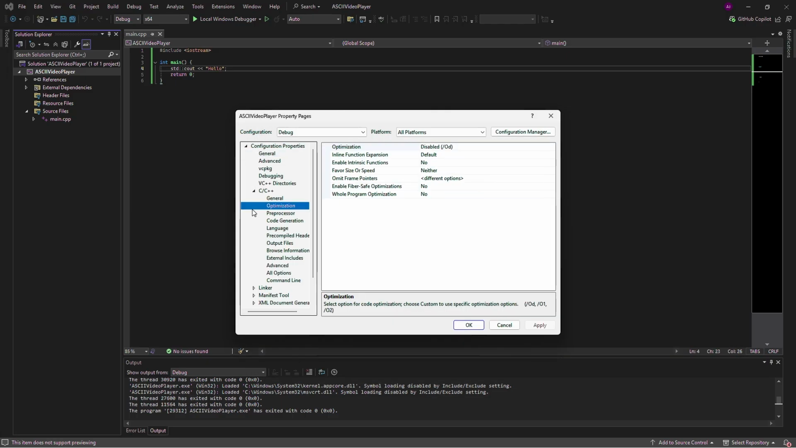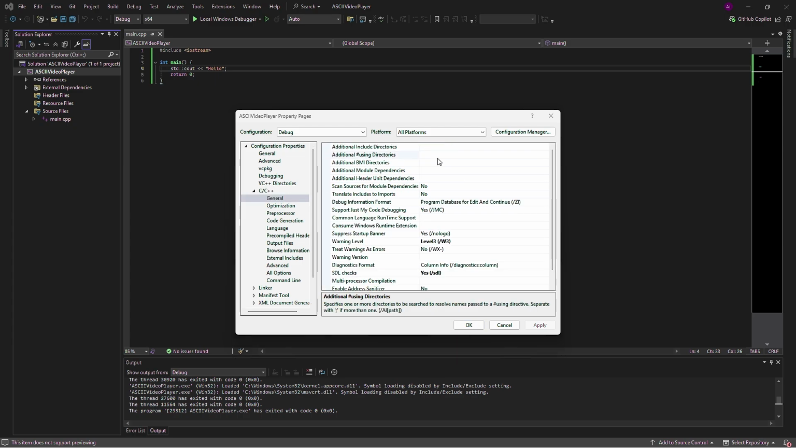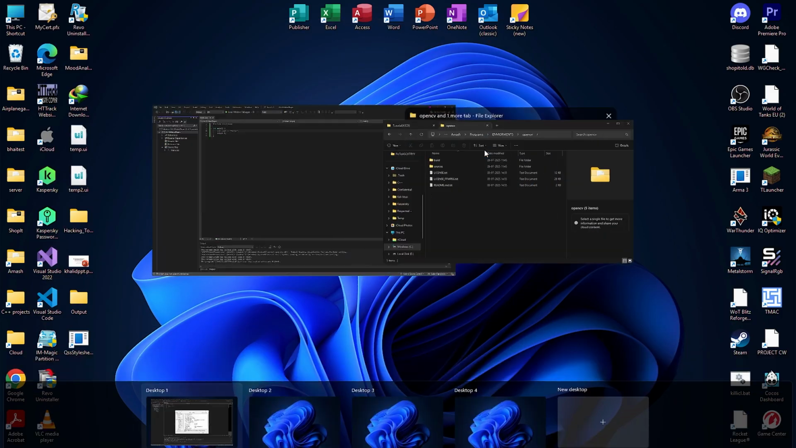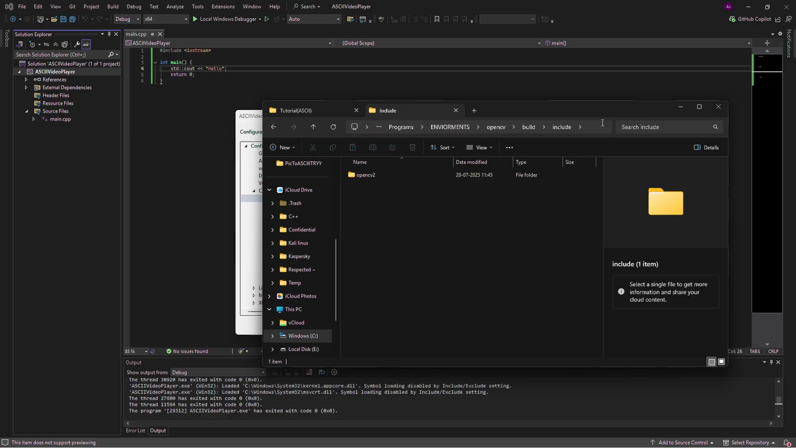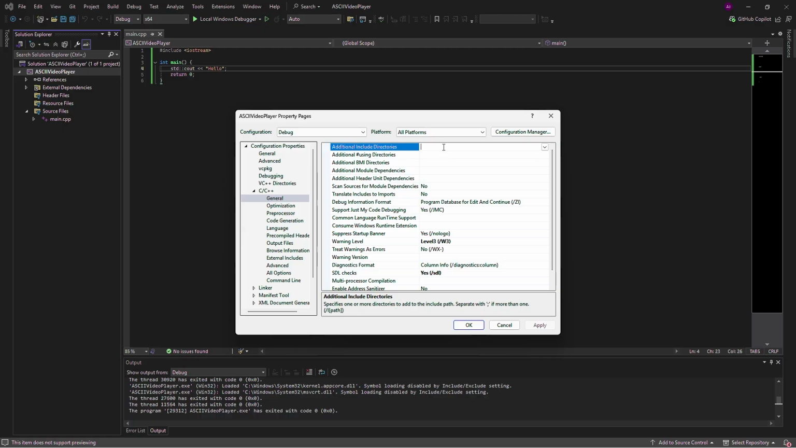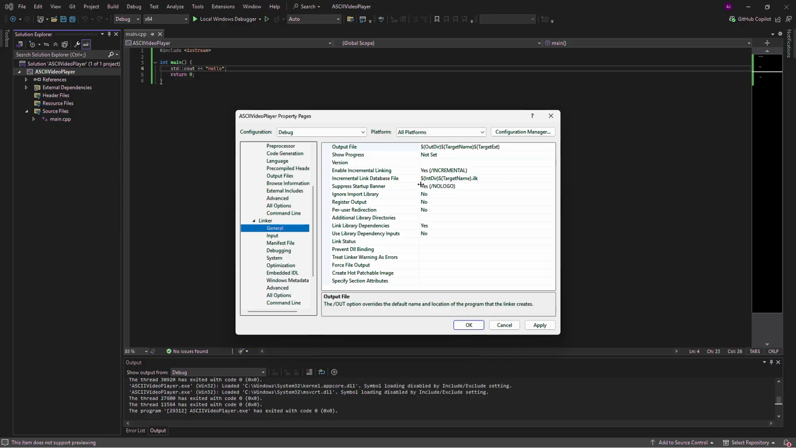So here you can see this is my OpenCV installation folder. Then we are gonna go in C++, general and additional include directories. So in additional include directories, we need to give this include. We need to give it here. Then after giving this, we need to go to linker, general, and here I think